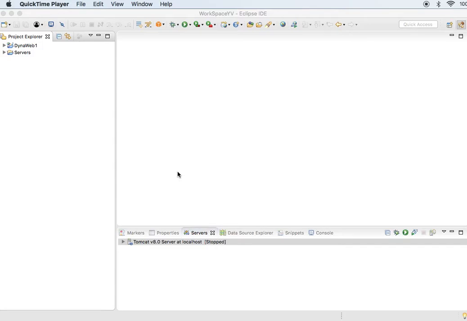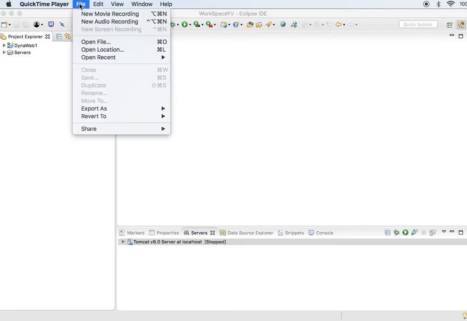So there will be two parts of this debugging process. In step 1, we will discuss about debugging of standalone Java project, and in step 2 or in part 2 we will discuss about debugging Java web project. So let us start how to create a standalone Java project.